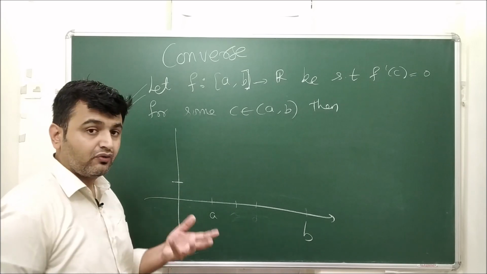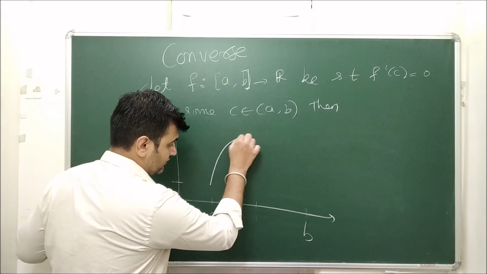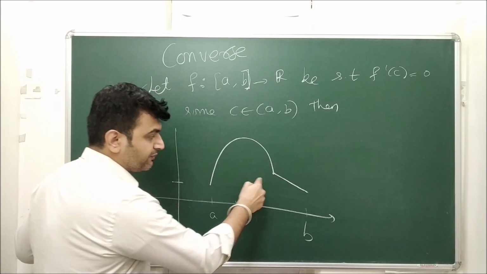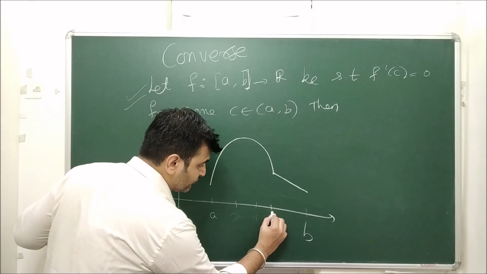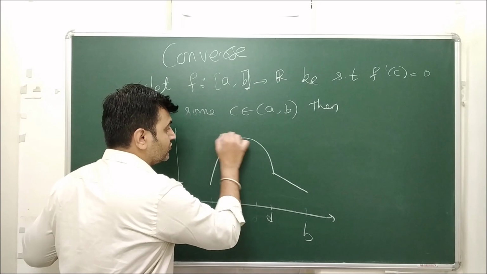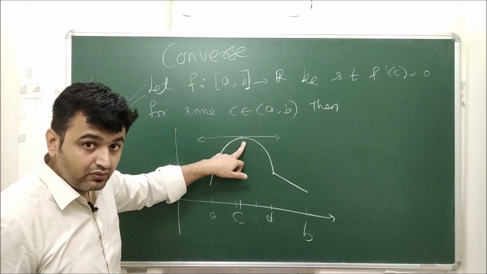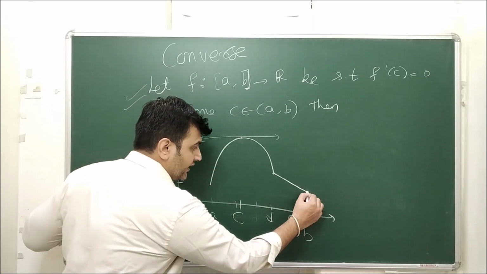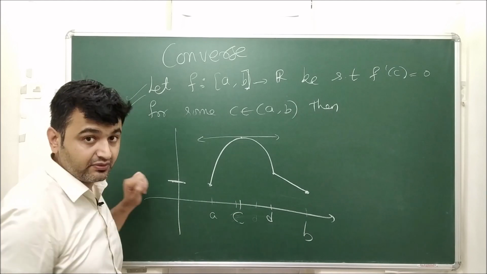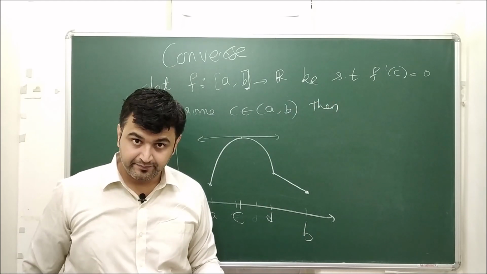Okay, but suppose I want continuity and I don't want differentiability, so if I have like this, and let me draw like this. Now there is a point over here, that means at, suppose, D the function is not differentiable, and there exists a point C where the derivative is 0. This is continuous, at the endpoints the function is taking the same value, but the function is not differentiable. So the existence of this does not guarantee differentiability.